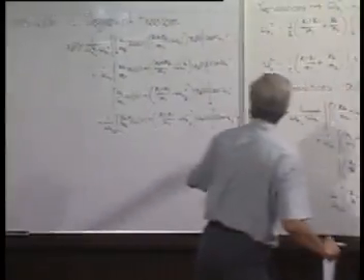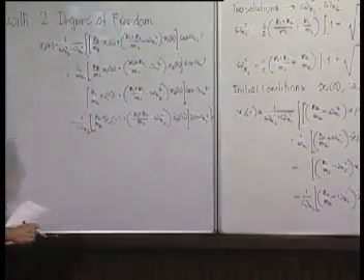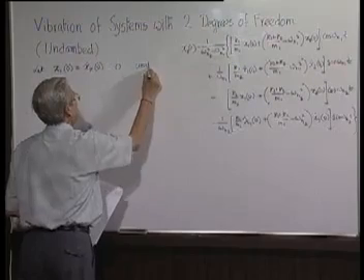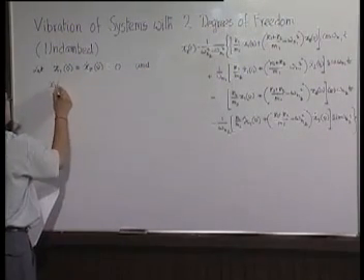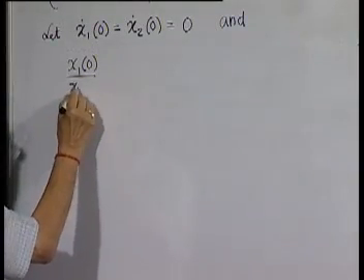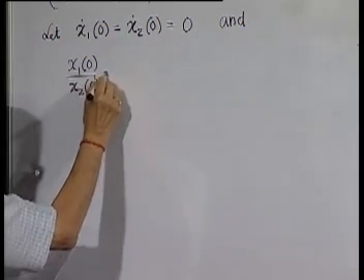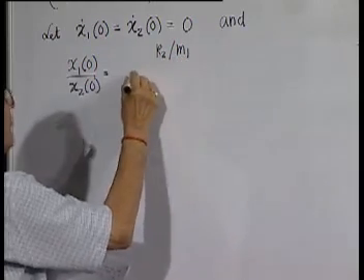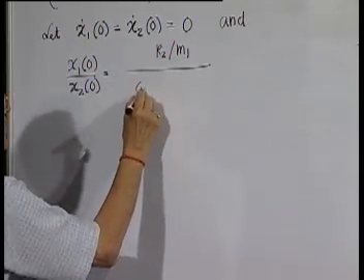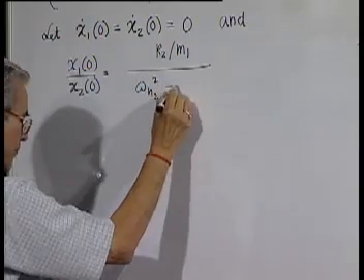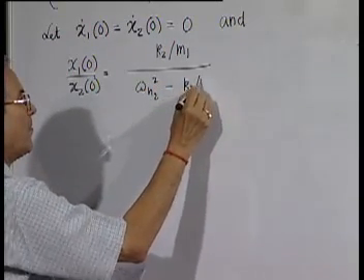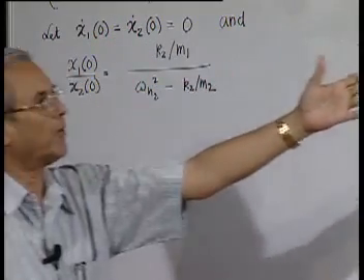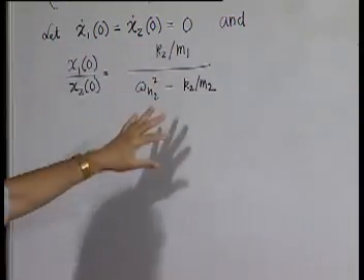Say for example, let both x1 dot 0 and x2 dot 0 be equal to 0. That is, there was no initial velocity given. So, immediately the sine terms go. Next, we give x10 by x20 is